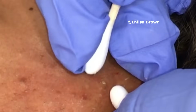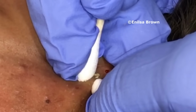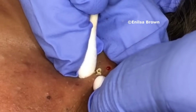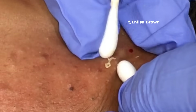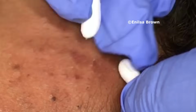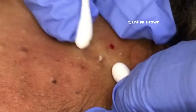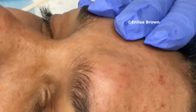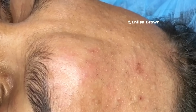Okay, I'm going to stretch this. And this is the last one I'm going to do, okay, my friend? Okay. Basically all I worked is on here. I've got a lot of work to do with him,